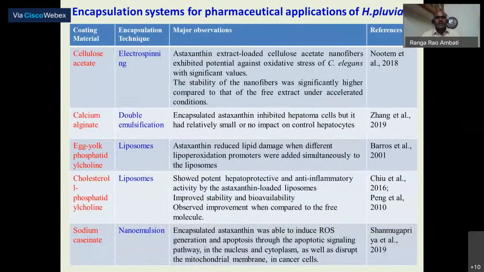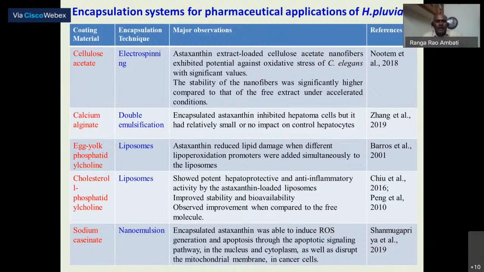And this is from Haematococcus. They worked on Haematococcus and used it for some biological activities. They prepared astaxanthin extract-loaded cellulose acetate nanofibers, and they saw protection against oxidative stress with significant values. The stability of the nanofibers was significantly higher compared to the free extract under the tested conditions. And the encapsulated astaxanthin inhibited cancer cell lines, but had a relatively small or no impact on control